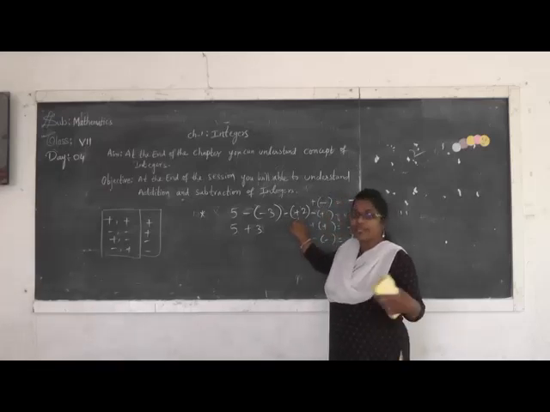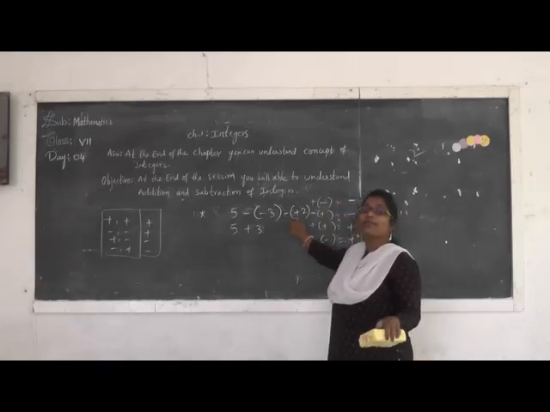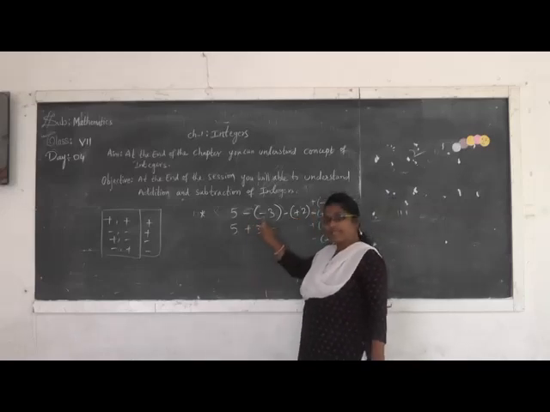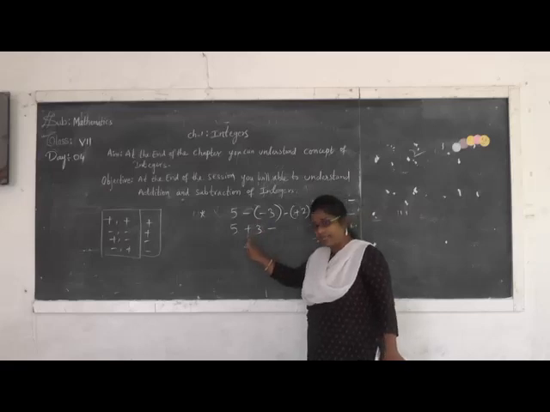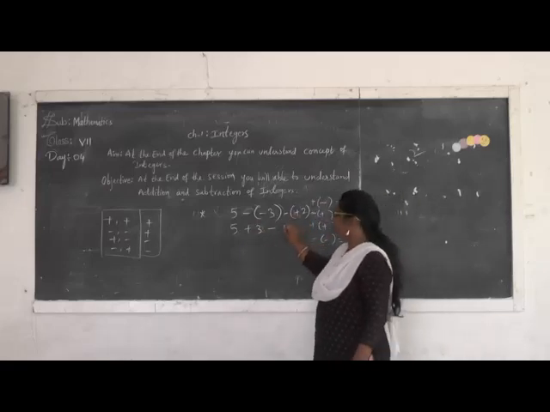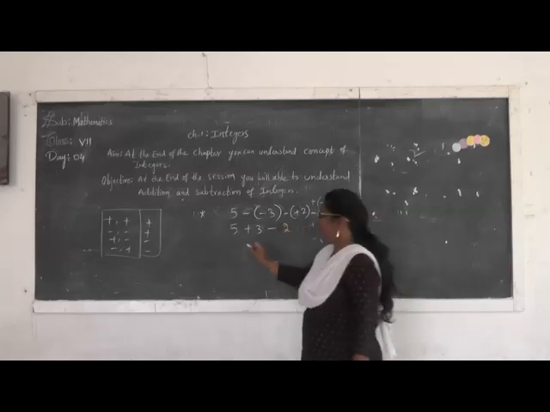One is minus, one is plus. Both are connected with different signs. So what do we have to do? We have to remove the brackets by connecting those with minus. Here both are the same operation, so we have to connect it as plus. Here both are different, so that's why we are connecting it with minus 2. Now first step, do you understand?